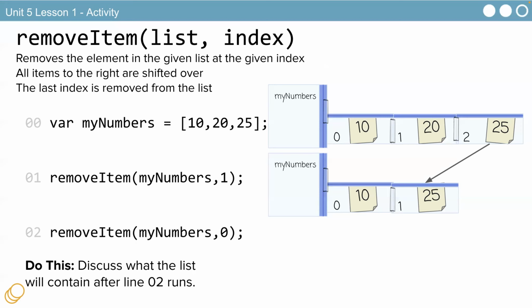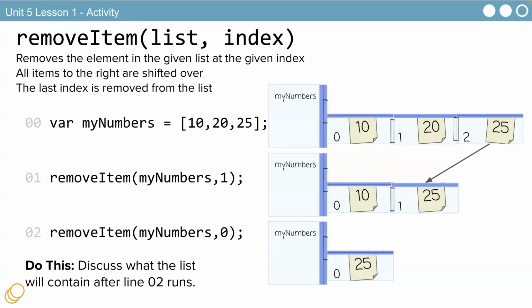Then it would just be 10, 25. Because 20 is, oh, and then this last one? Yeah, correct. Last one, we removed the 10, and so 25 is at index 0. Yes, so you see the very first item was all 3. Instead of doing remove 1, what if we just did 2? Would that just take out 25 and keep the other 2 in the same place?